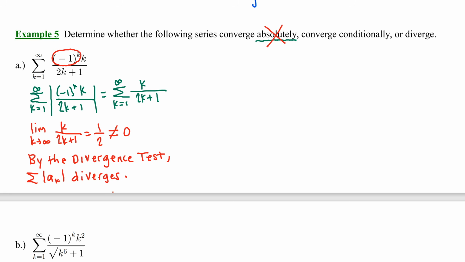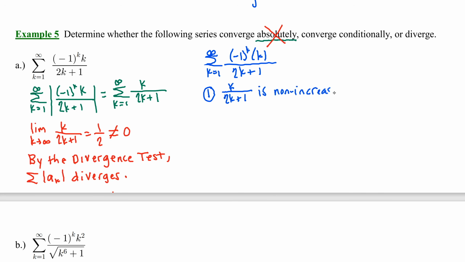So I'm going to go back to the original series, that is the alternating form of the series, and we want to apply the alternating series test. So we're looking at the sum from k equals 1 to infinity of -1 to the k times k over 2k plus 1. Now there's two things that we need to verify for the alternating series test. First of all, notice that k over 2k plus 1 is